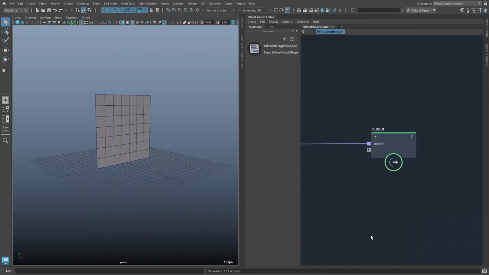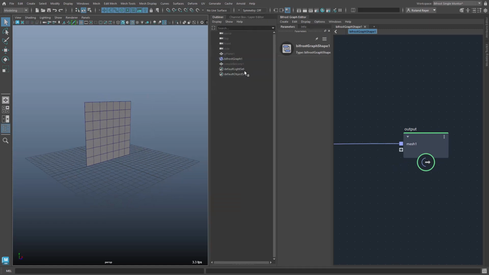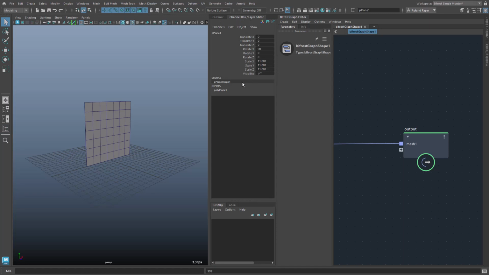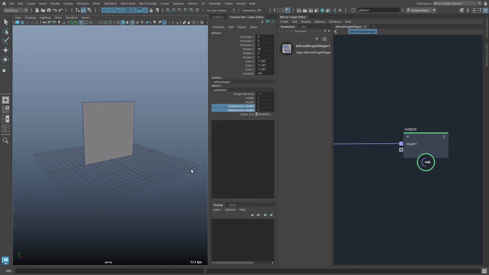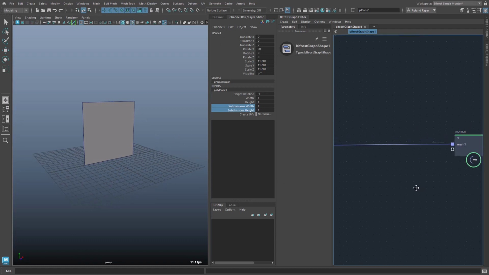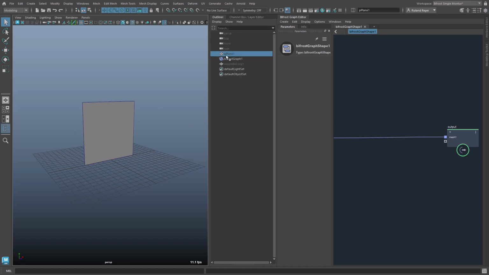Okay, let's start with a very simple example to show you some principle. Also, at the very beginning, there are some obstacles to overcome to actually start with the whole process. I have a very simple object here, a polygon plane that I turned down the subdivisions to 1 so that we end up with just one polygon here in the scene. And I've already connected this polygon shape to the output in Bifrost. So what we see here is actually the Bifrost object instead of the real object, the polygon plane here,